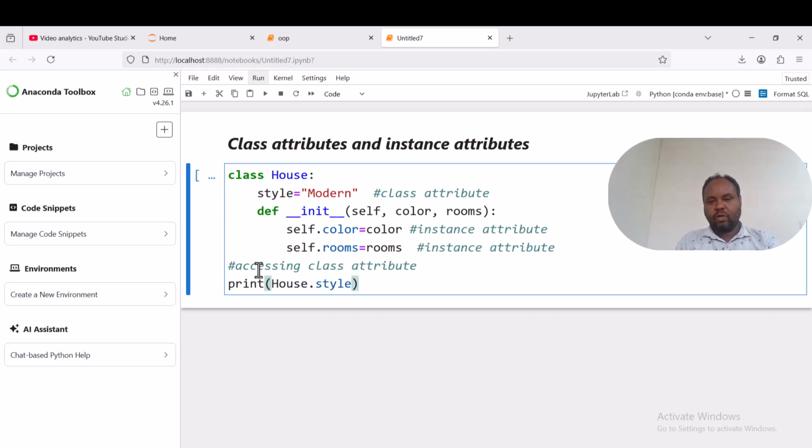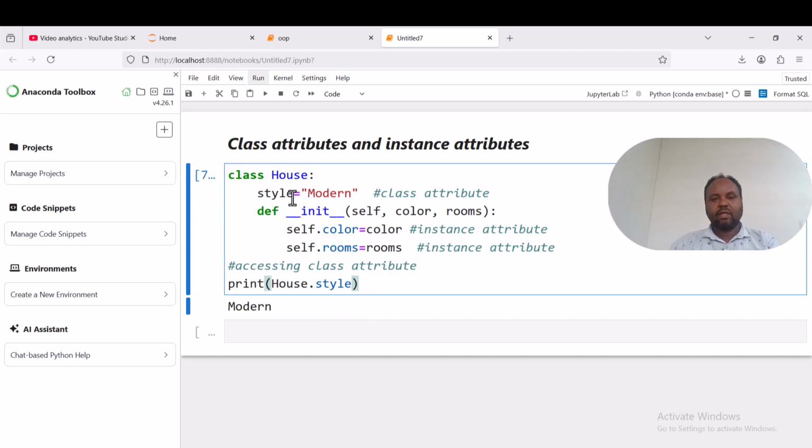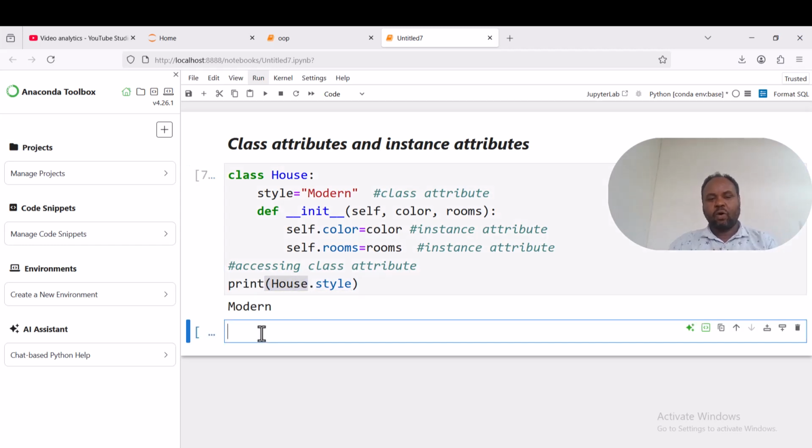While this code retrieves modern, this is the output, right? I am accessing the value of this class attribute through the class object itself. Recall that in Python everything is an object, right? In this context, House is an object by itself. So this style can be accessed through the House class object itself,